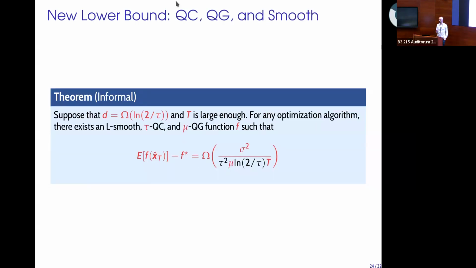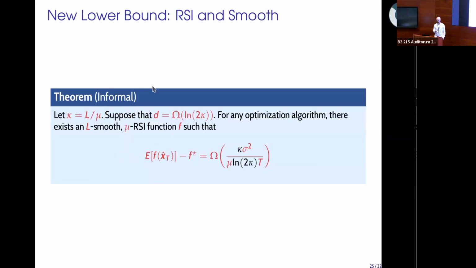The other case that we considered is quasar-convex, quadratic growth, and smooth. Here, what you would expect is a rate similar to strong convexity, because quadratic growth is basically a weaker notion of strong convexity. And we get here that in fact, you get a rate that is 1 over T, the rate that you would expect for the strongly convex case in the stochastic setting. But again, you pay a factor that is tau squared log of 1 over tau that depends on this quasar-convexity. And this was the difficult part to characterize. And again, this dependency